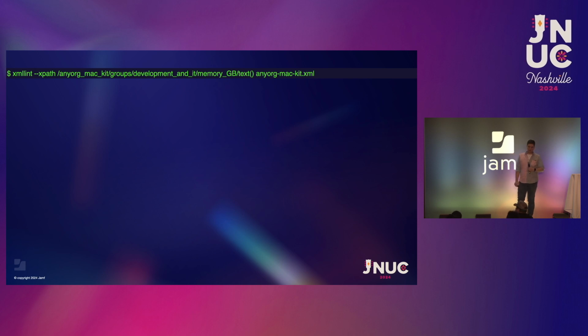Now, XML and XPath isn't really a great modification language. It's a query language. For making edits to XML in a shell script or something like that, there is something you can use called XSLT, but I don't know that we have a ton of time for it.